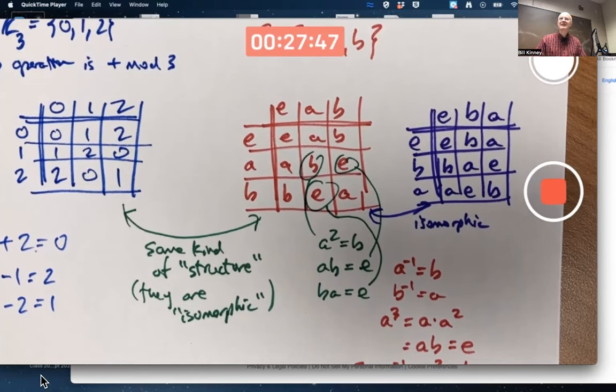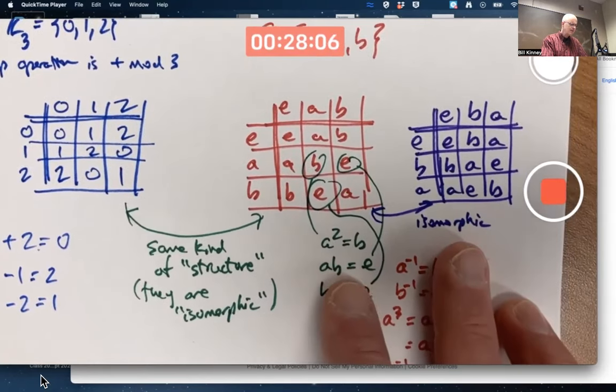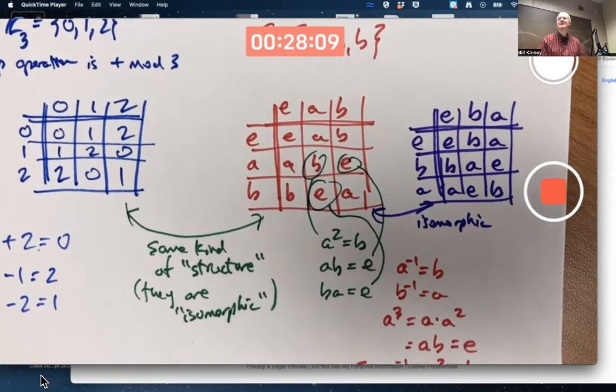Which, since we're dealing with arbitrary symbols here, you could argue there's infinitely many things I could write that would be isomorphic to these, because I could just use different symbols every time. That's kind of weird, but I suppose you could argue it's still one way you could think about it. Is there some other group with 3 elements that's not isomorphic to any of these, that somehow has a different structure? The answer is no, not if you want